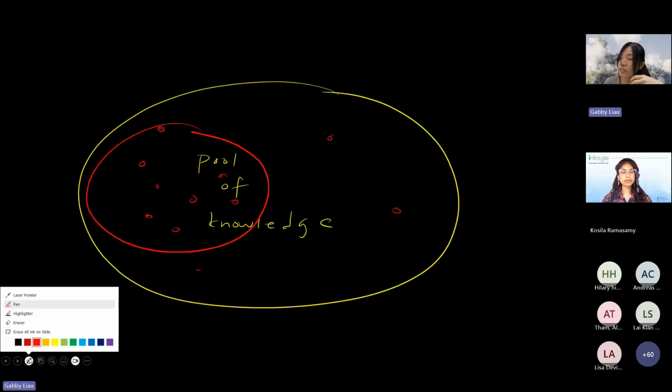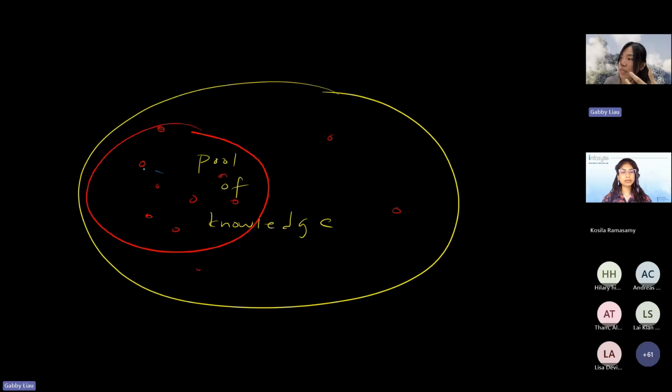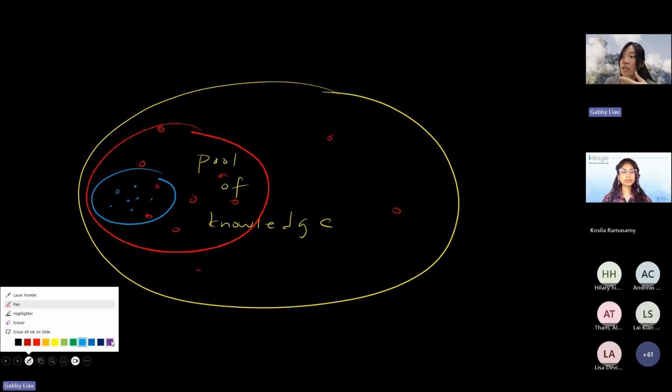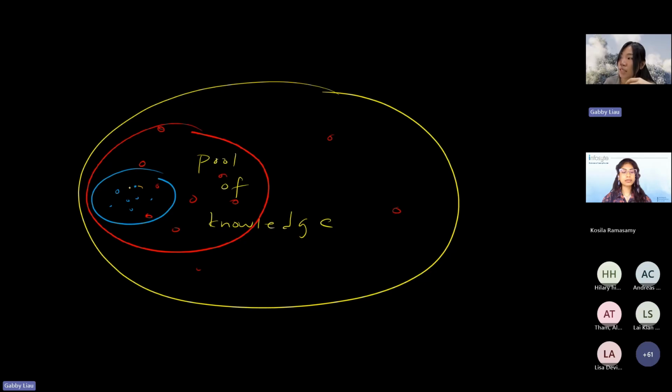If you can give even more detail, so that we narrow down the scope further, then they will find the information from a more specific area. It depends on the level of detail that you provide. The more detail you give, the more specific the area where they will find a more specific response for you. So we want to provide more detail to narrow down the scope. Be more specific.